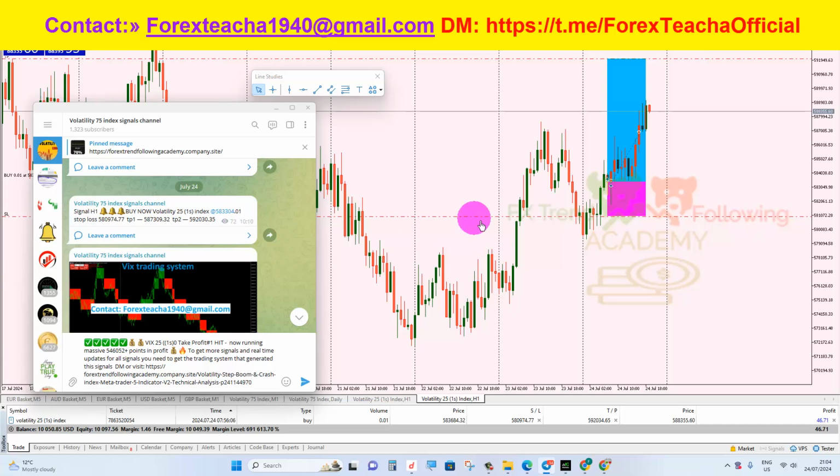All right, so I was analyzing on a H1. I'm also going to share with you guys how to analyze volatility indices, or volatility index. So this was a buy signal that I placed right here around 10, and this was the buy value. I said you should buy at